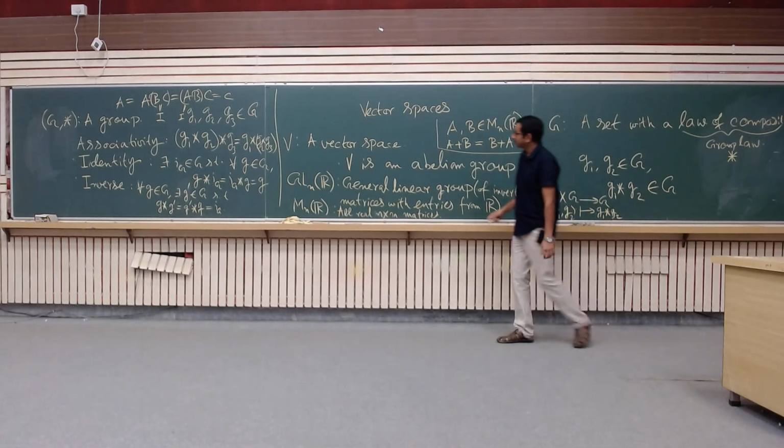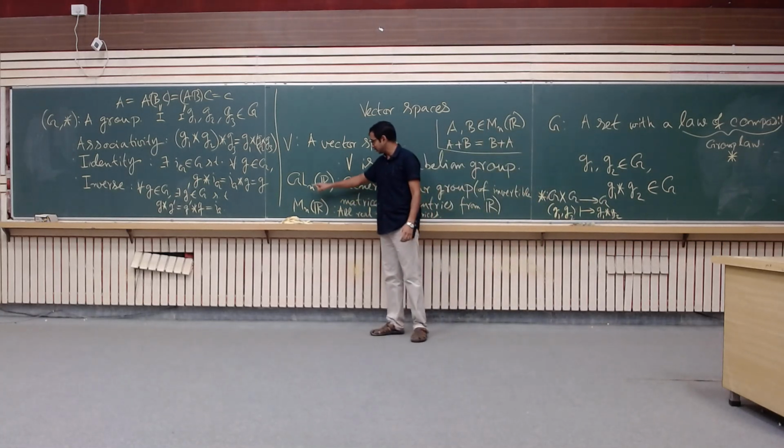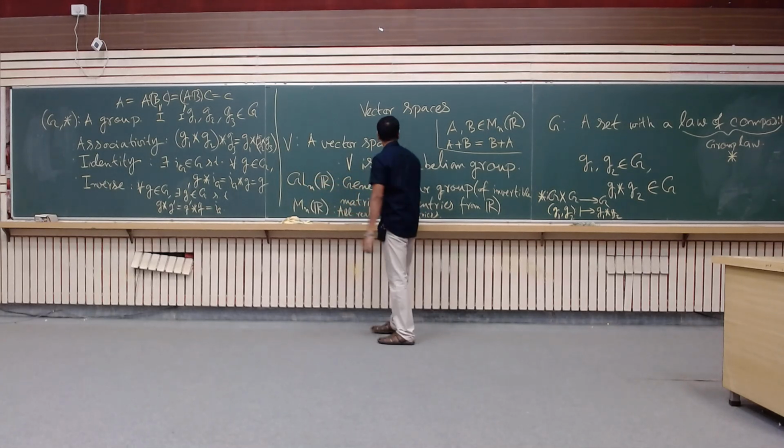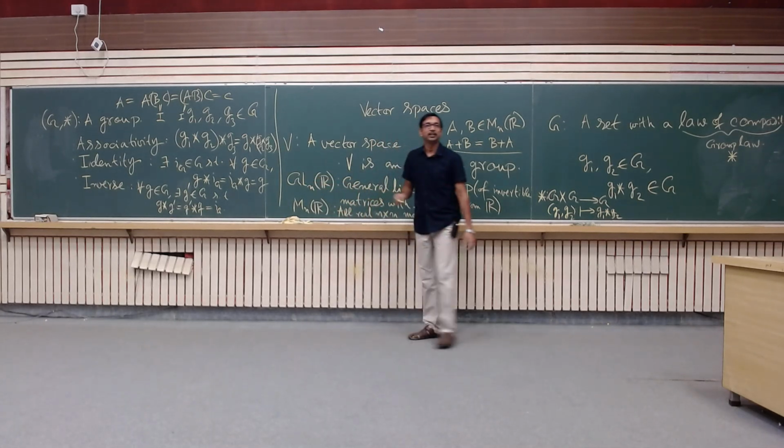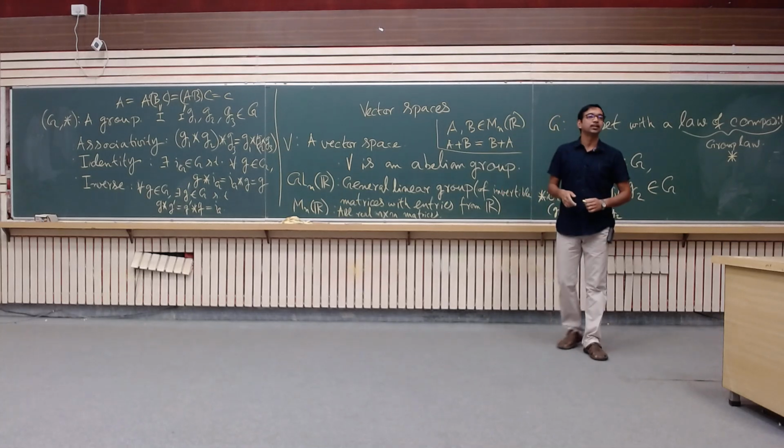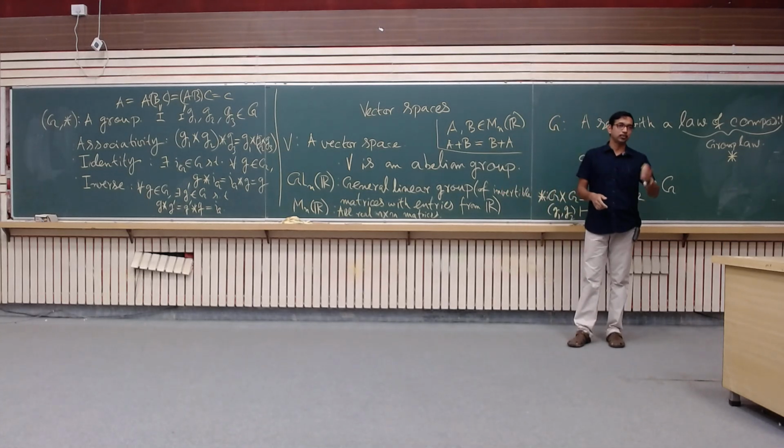Well, now suppose you take two matrices in GLn. By the way, since you are seeing the definition of group for the first time, I guess because you missed the first class,